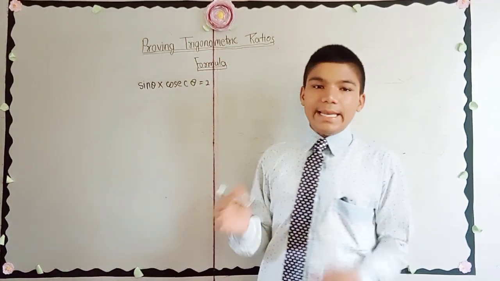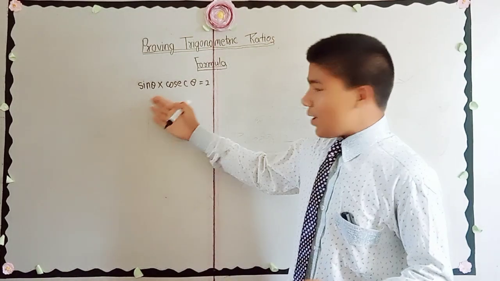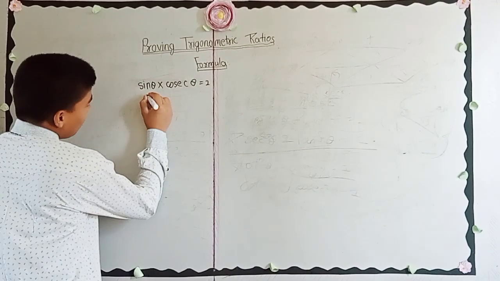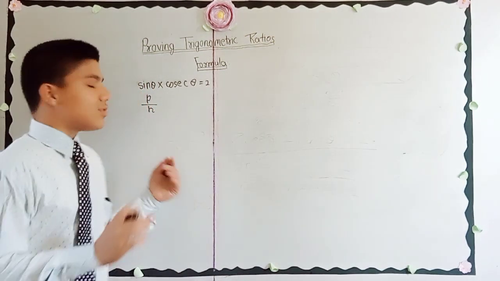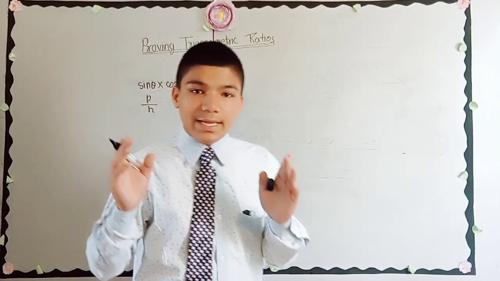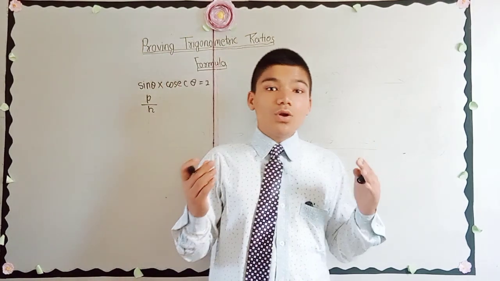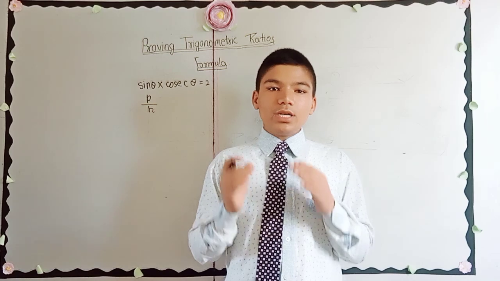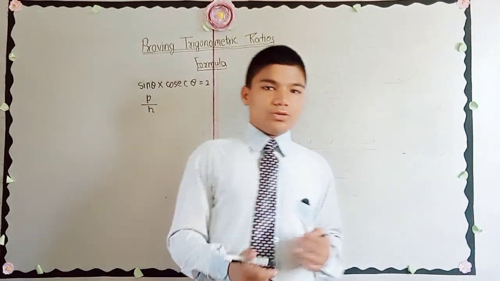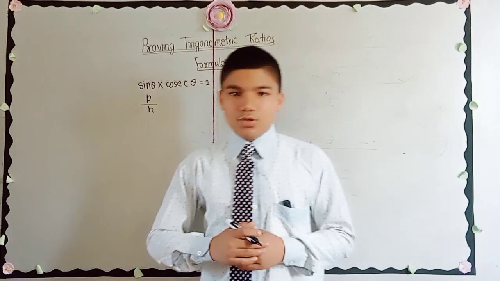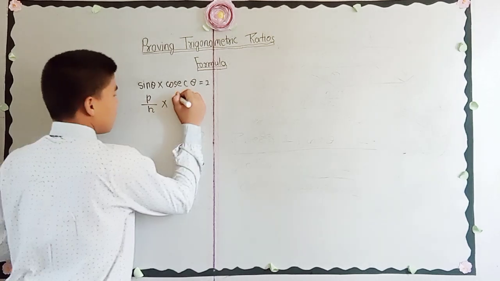Here, while proving any kind of reciprocal relation, firstly we have to put in their ratios. So here we have sin theta. Sin theta is the ratio of perpendicular by hypotenuse. Whenever you denote these things, always use small letters. If you denote them by capital letters, your answer will be wrong. Though it may seem right, due to this denotation also it is going to be wrong. So be careful. Now cosec means h by p.